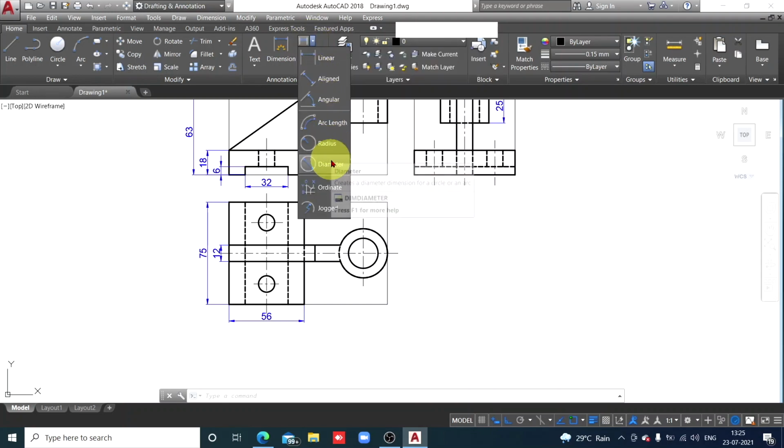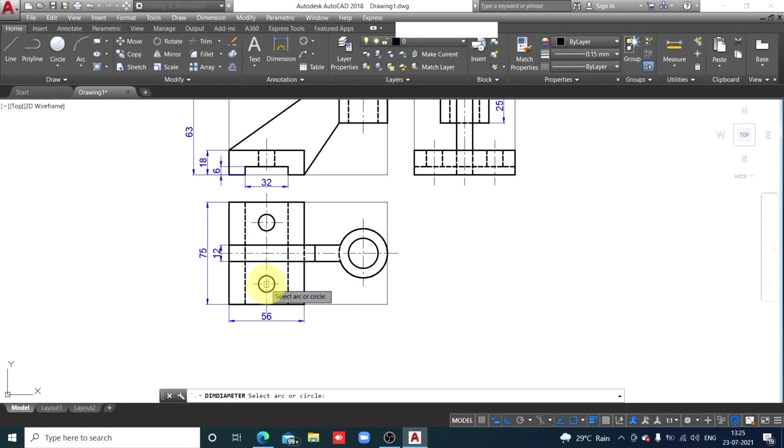For a full circle, it should be diameter. I tracked that midpoint here.